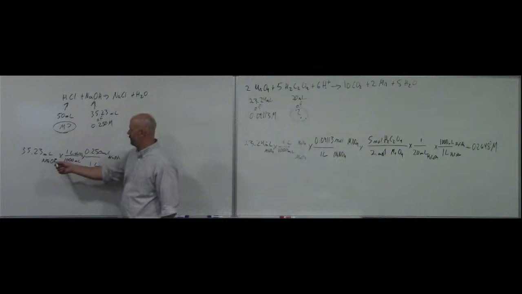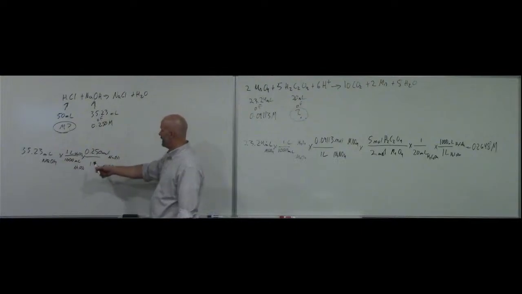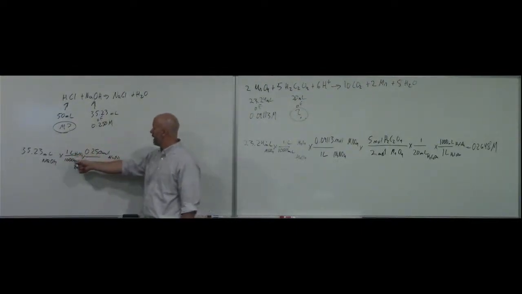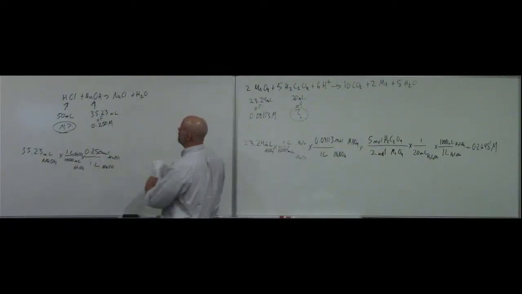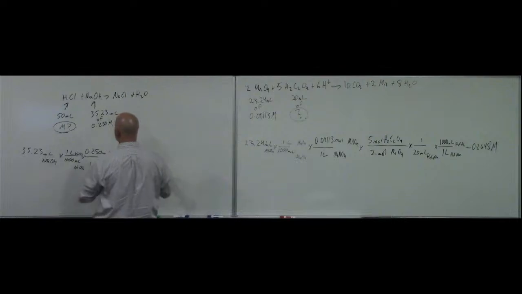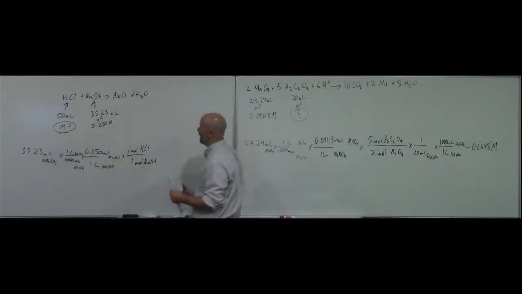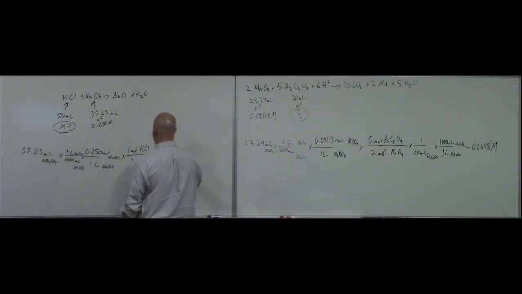So just to recap, I began with milliliters of sodium hydroxide. I multiplied it by a conversion factor to get to liters of sodium hydroxide. I multiplied that by the molarity of sodium hydroxide to get to moles of sodium hydroxide. Now I use my mole-mole ratio, which is conveniently 1 to 1, so that's easy. So I'm going to have 1 mole of hydrochloric acid over 1 mole of sodium hydroxide. That puts me into moles of hydrochloric acid. I need to get to moles per liter for this, so now I just multiply by 1 over 50 mLs